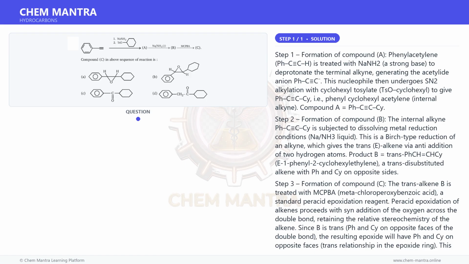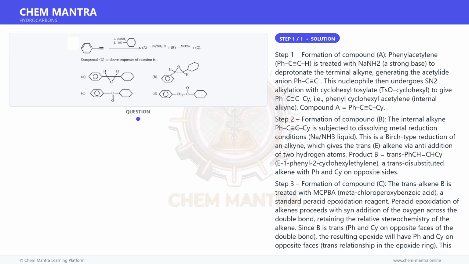Step 2. Formation of compound B. The internal alkyne PhC≡C-Cy is subjected to dissolving metal reduction conditions, Na/NH3 liquid. This is a Birch-type reduction of an alkyne, which gives the trans (E) alkene via anti-addition of 2 hydrogen atoms. Product B is trans-PhCH=CHCy, E-1-phenyl-2-cyclohexylethylene, a trans-disubstituted alkene with Ph and